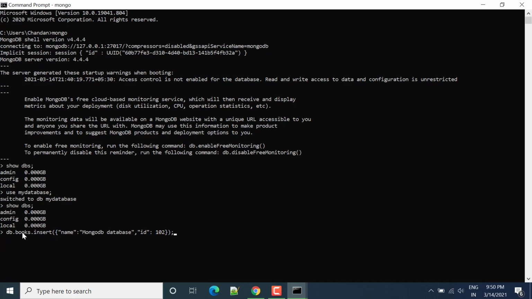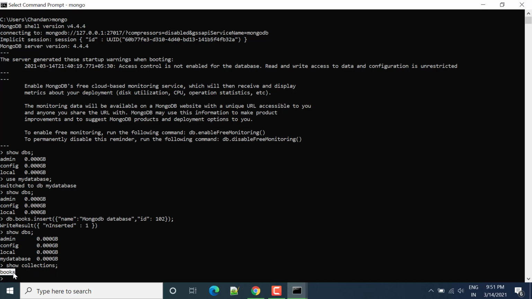You can write anything, and after that once we press enter, you can see the message writeResult and inserted, one record is inserted. And then if I write show dbs again, you will see my database is visible here. And then if you write show collections, it will show the collections that have been created here.